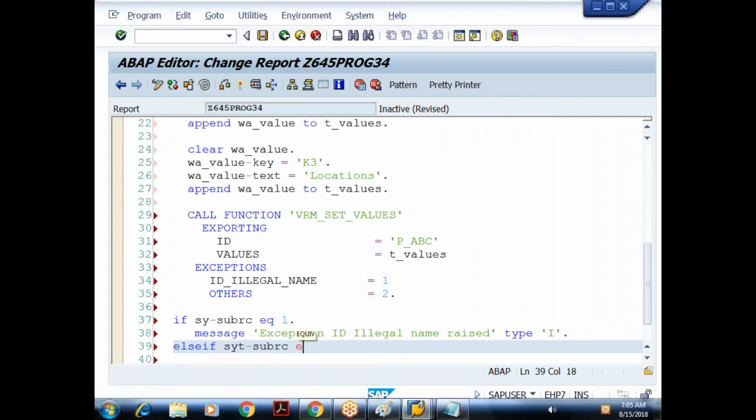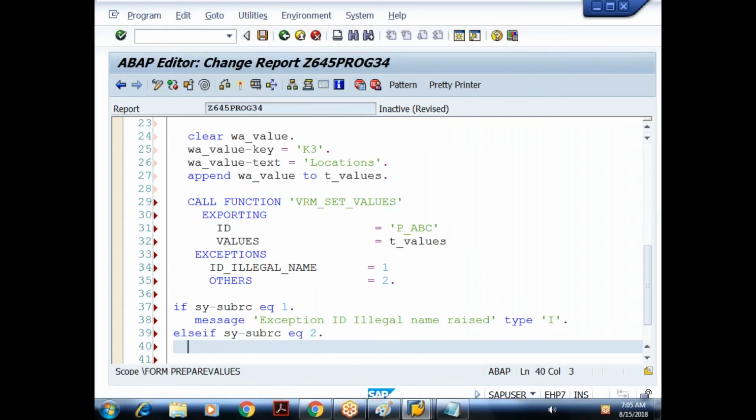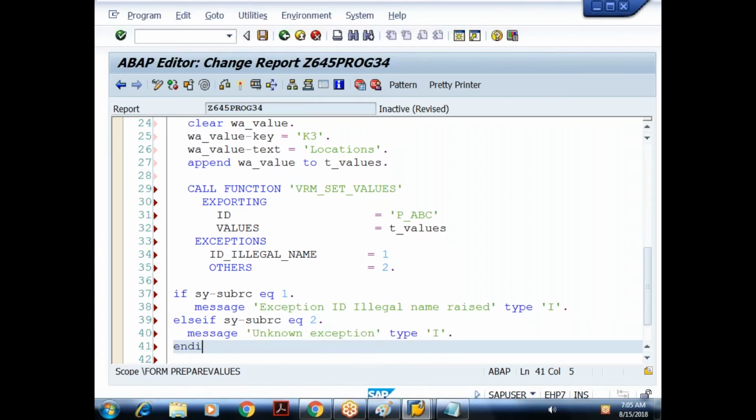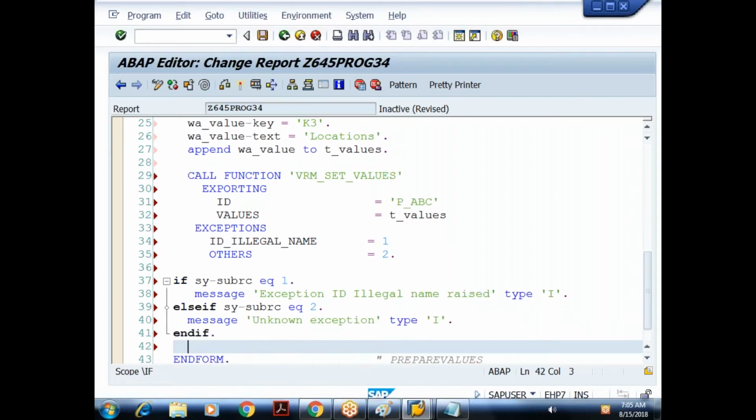Else if what? sy-subrc is equal to 2, I'll just give a message: unknown exception. Type I. If the function module is successfully executed, sy-subrc remains what? 0. Means if it is successfully executed, it would have successfully associated the values with the drop down.